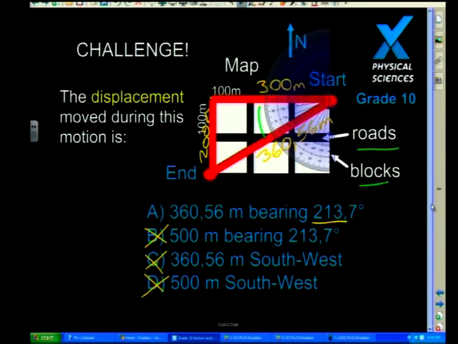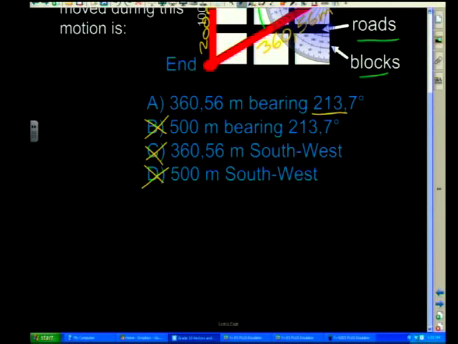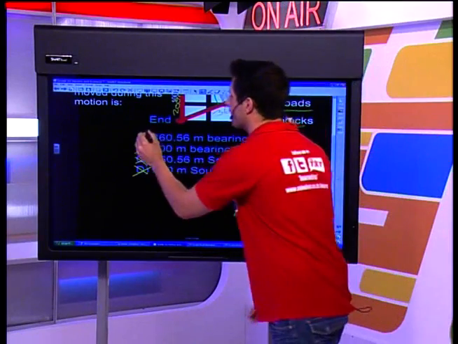I'm just going to redraw that because I'm pretty sure we're going to get some questions about that. If I do that, and I've got my final displacement over there, let's make sure that we draw it in a final color. My final displacement, remember, was down there. I take 180 over there, and I add it to an extra angle over there, because remember, we start from naught. And this is how to do bearing. I have measured an extra angle over there, and that is how to get my bearing of 213.7. So the correct answer today is A.